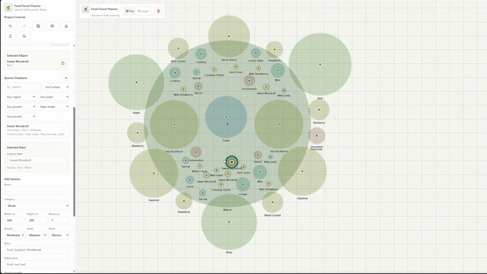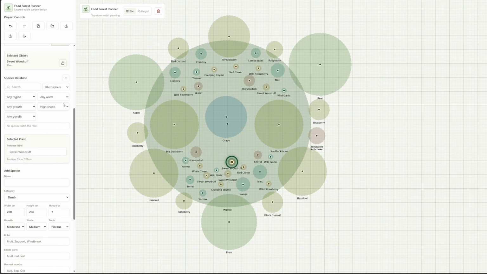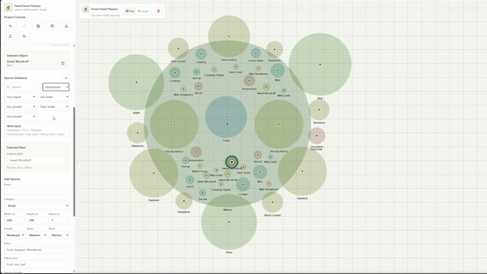I'm building a food forest planner, even though I'm not a programmer, because I wanted this tool to exist. And if you have experience with food forests, permaculture, agroforestry, or even just planning a garden that felt too complex at first, I would really love to hear from you. What do you think beginners most often underestimate when planning a food forest? That's the question I will leave with you.